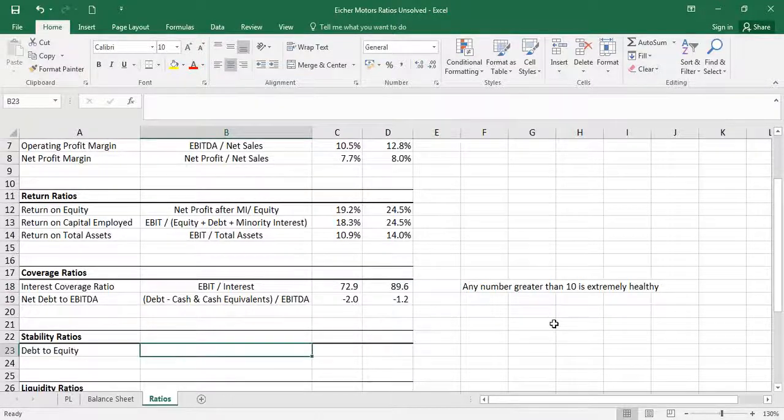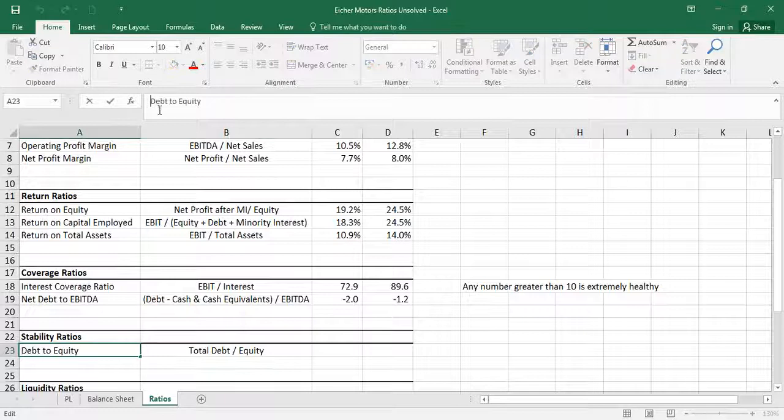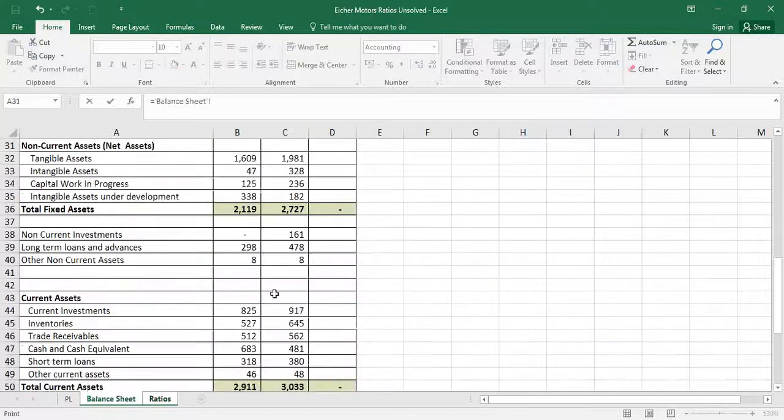Stability ratios, debt to equity. So I'm going to take total debt and divide it by the equity here. And if we want, we can write total debt to equity of the company. And where do we find total debt? That's going to be on the balance sheet. And let's put a bracket around this. So on the balance sheet, we are selecting,